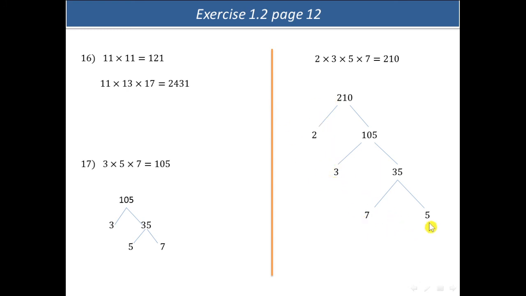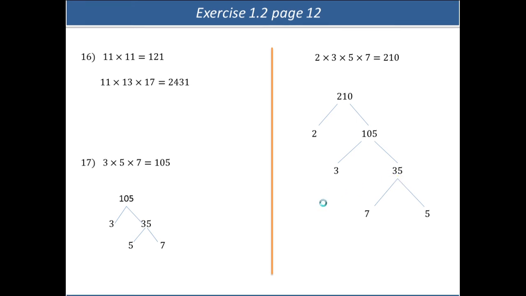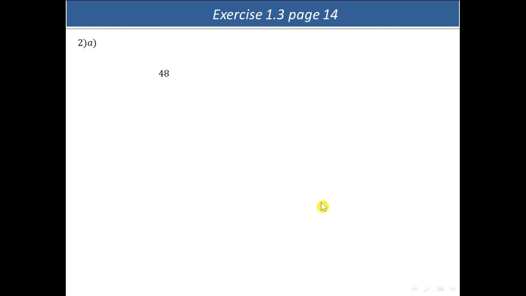Going down the tree to the prime numbers, 35 and 105 are not prime numbers because 105 accepts to be divided by 3 and leaves no remainder. 105 accepts to be divided by 35 and it will leave no remainder. It exactly goes for the 35, okay? Now, for example, 1.3a,